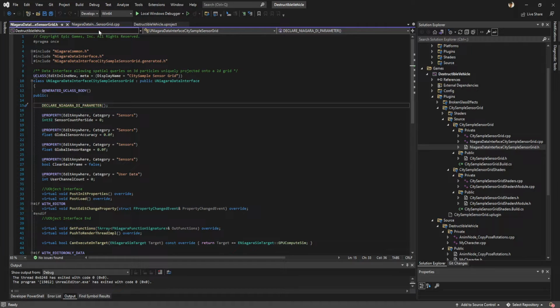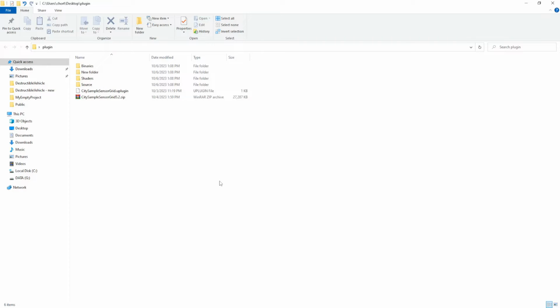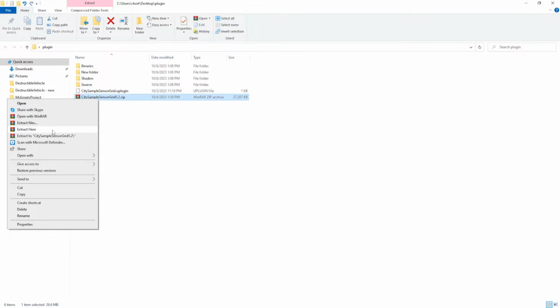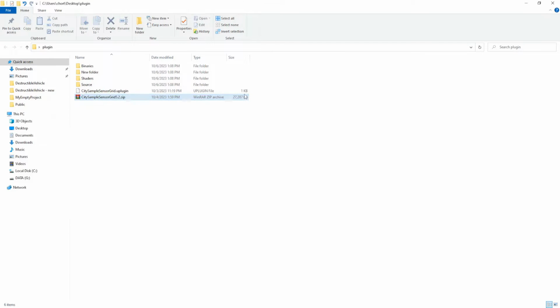We can fix it by download the CitySample project in version 5.2 or 5.3 and use the plugin of that version. You can download the plugin, the CitySampleGrid link in the description below. No need to download the full project. After you download it, you can extract it here and copy all of these plugin